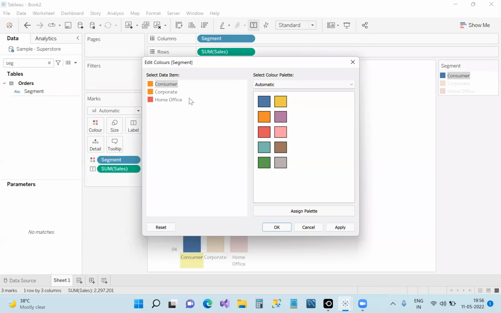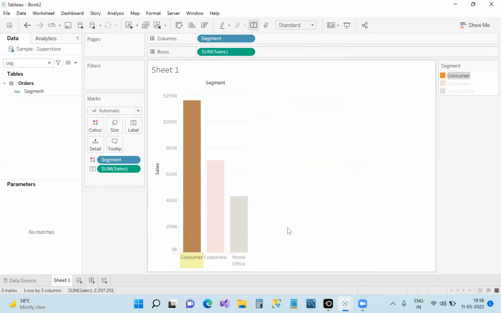Suppose I want it to be orange. I want corporate to be pinkish, home office to be green. Can you see? This is color. So if you have understood this thing, let's understand everything in this, because right now